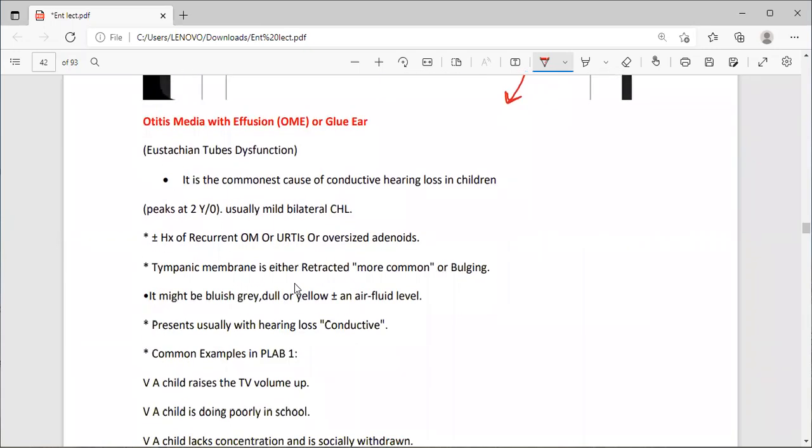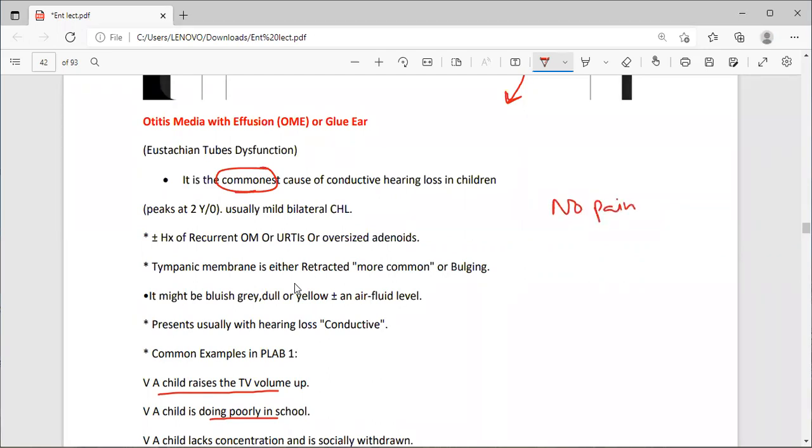Now, otitis media with effusion, or glue ear. Eustachian tube dysfunction is the commonest cause of conductive hearing loss in children. Commonest cause, okay? The patient will present with not hearing well, like a child who raises the TV volume up, or a child who is doing poorly in school. So you must consider it,